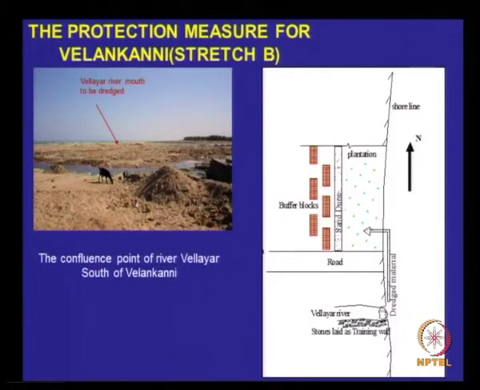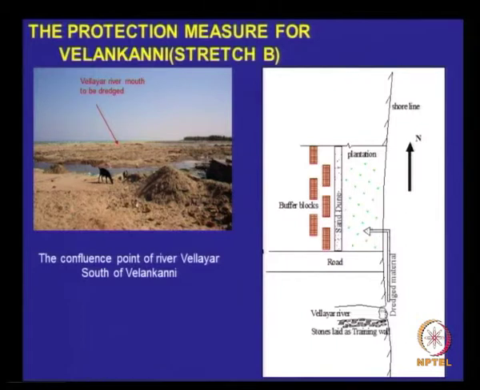Another area around the same location is Velangani, where the famous Velangani church is. Somewhere here is the church. There is a road leading, and there is a lot of inundation here. So the idea is to dredge this Vellar river, take this sand, and put it here just in front of the church, so that in case of an event like extreme flooding, it can save to some extent,